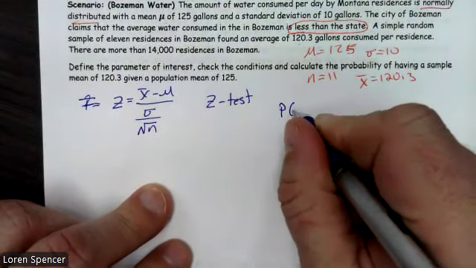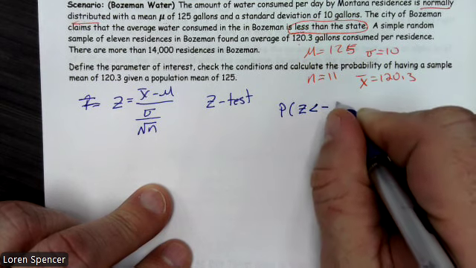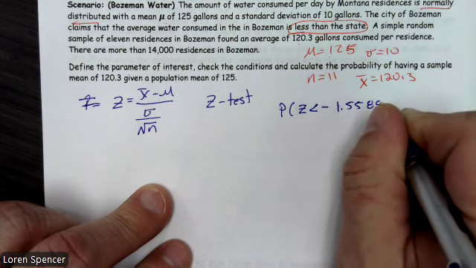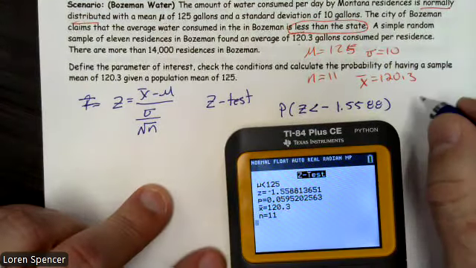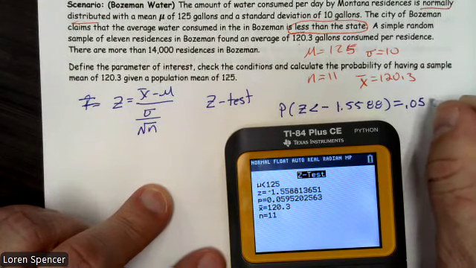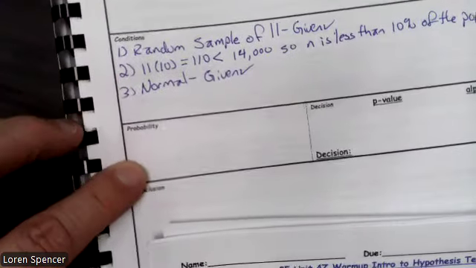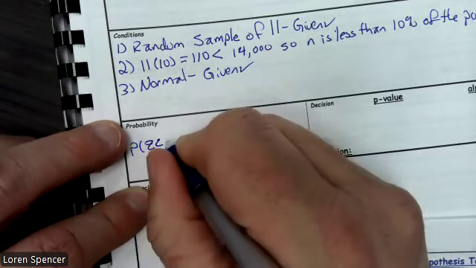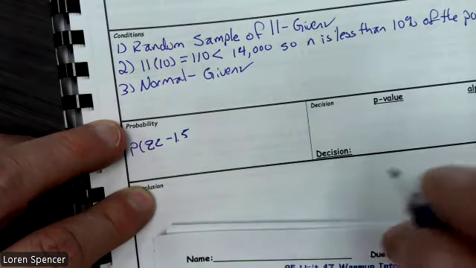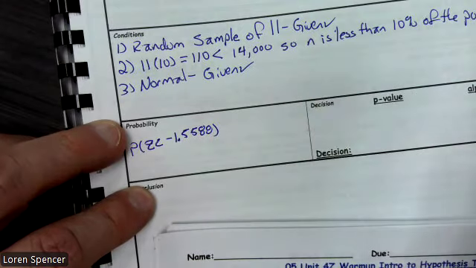I'll help you place it in our notes in just a second. The probability that Z is less than negative 1.5588 equals our p-value, 0.0595. So where does that go in our note spiral? Well, we're going to go back to our probability statement and say the probability that Z is less than negative 1.5588